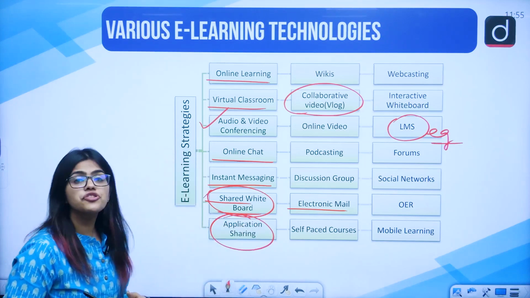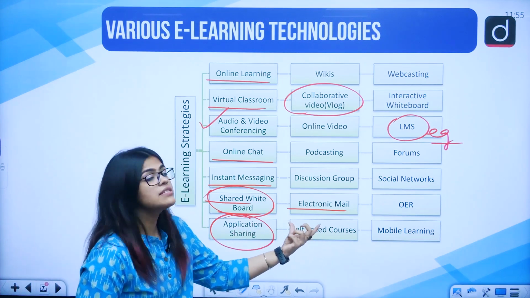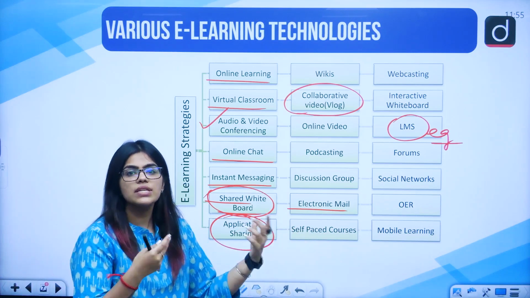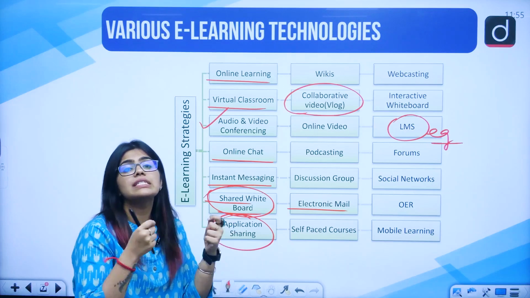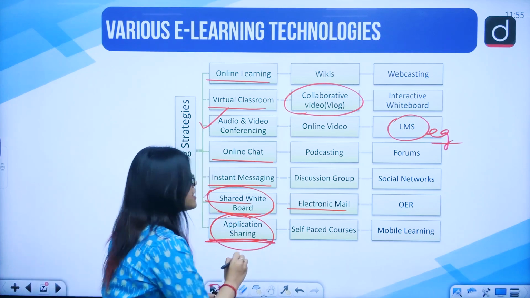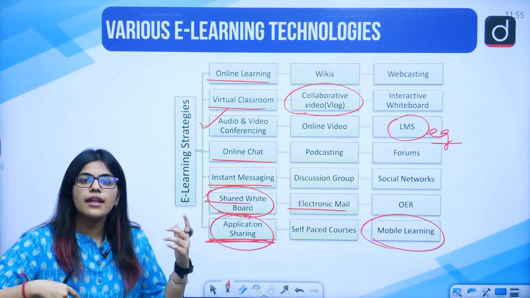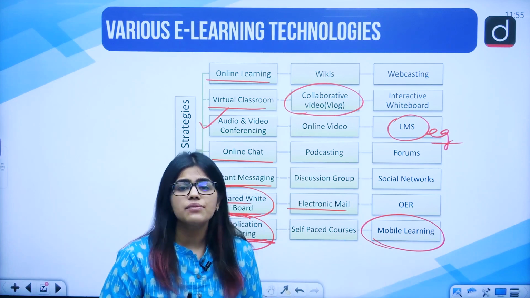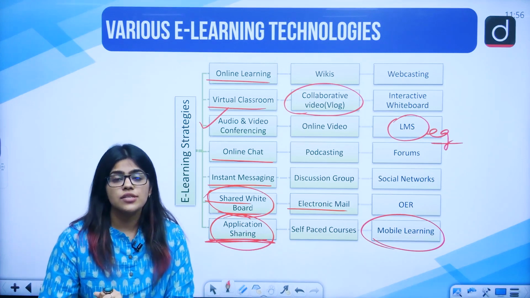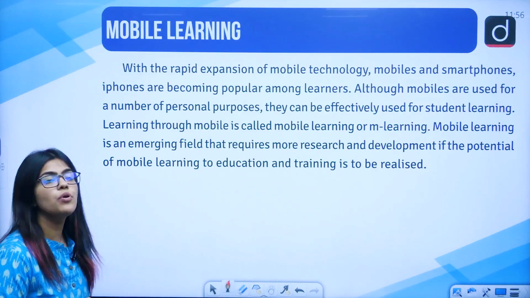There can be application sharing, as I told you on Zoom, we sometimes did that. And also self-paced courses started to be created, like the MOOC or the Coursera that we have. Coursera is a platform where you have all these tailor-made courses. This is a platform that was provided for application sharing. This is also mobile-based learning. As the scenarios are changing, each and every one of us has a mobile. We are using technology. This is nothing but a mobile-based learning society where everyone is studying through the technologies that are available on your mobile phones.